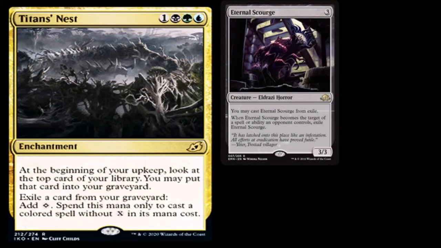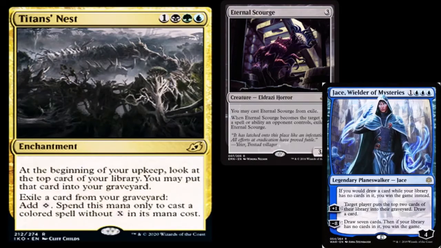Now, Eternal Scourge, you can't use that generic mana, but you can still play it from exile. The reason you can't use the generic mana is because it has to be used to cast a colored spell, and, well, this doesn't have a color on it, does it? So, there's cards like that you can play from exile, but also, when you're trying to mill yourself, you might